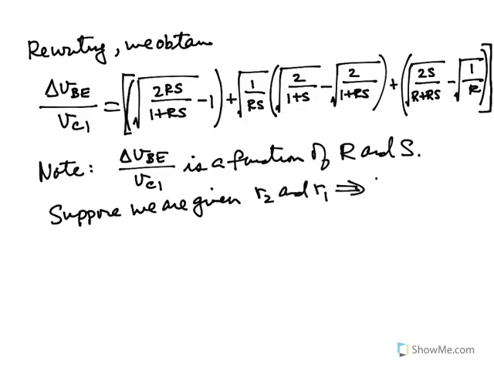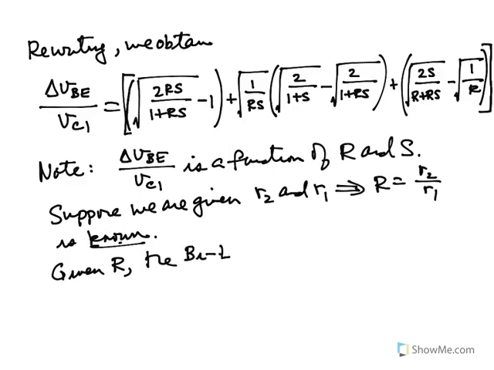That implies we know R is known. As a result of it being known, we can think of these bielliptic transfers as being a family of transfers in terms of S. So given R, the bielliptic transfer is actually a family of transfers